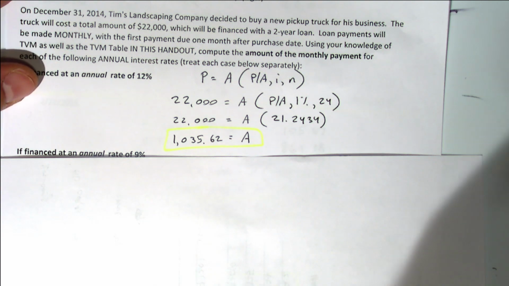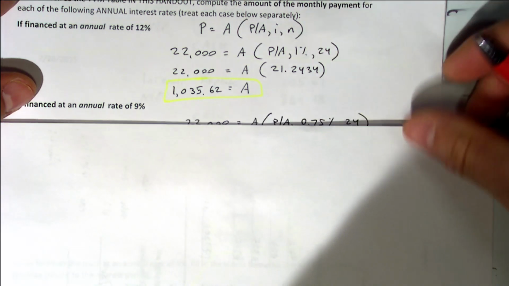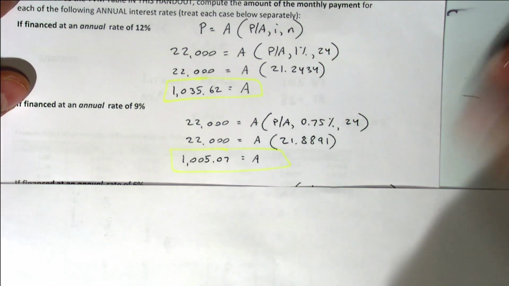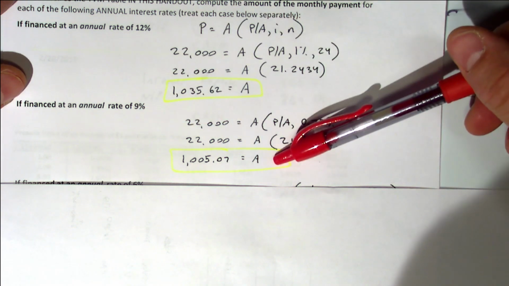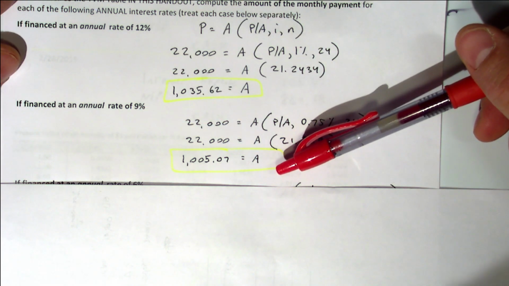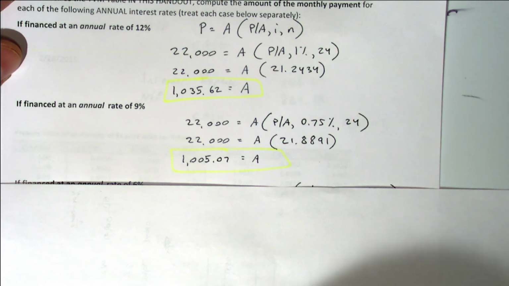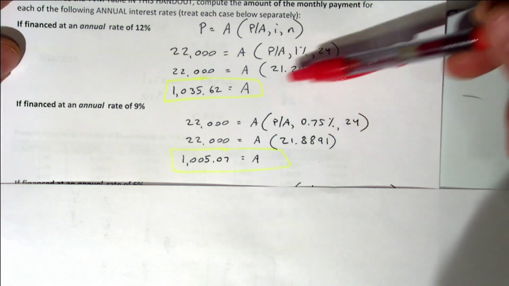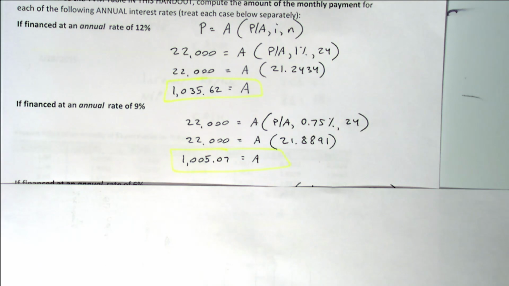Yeah, I think so. Well, now I ask you to reanalyze the situation if the annual interest rate is only 9%. And I think it would make sense that if the interest rate is cheaper, the loan payment is cheaper, right? This is why you want to try to get as low an interest rate as you can in those times when you do have to get a loan. So now with a 9% annual rate, that is a monthly rate of what?